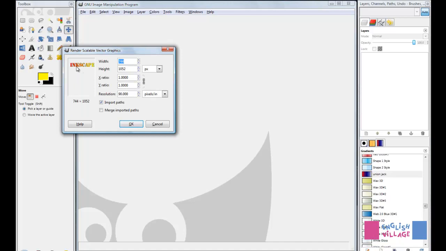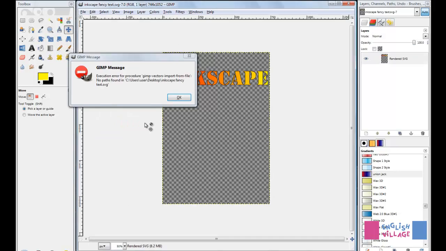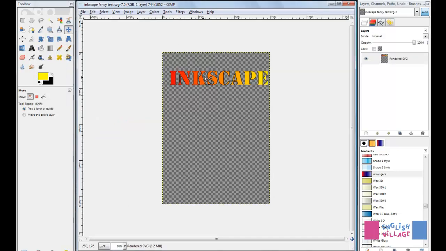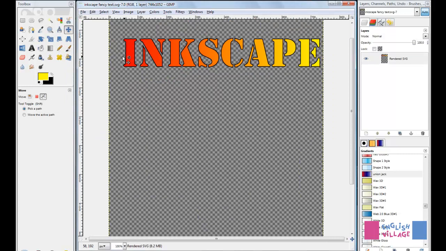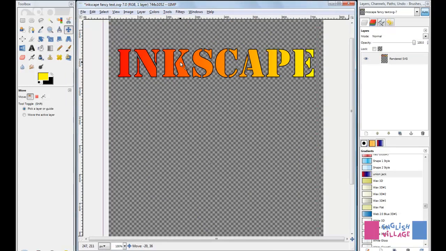you get this preview, and we can again set the width to something like 1000 millimeters. But then when I click OK, if you zoom in, you'll see that our gradient came through fine. So that's good to know that you can actually keep your gradient, but the dotted outlines didn't quite come across. So you've got two options there. You can either just get over the dotted outlines, or what you could do, if I close this,